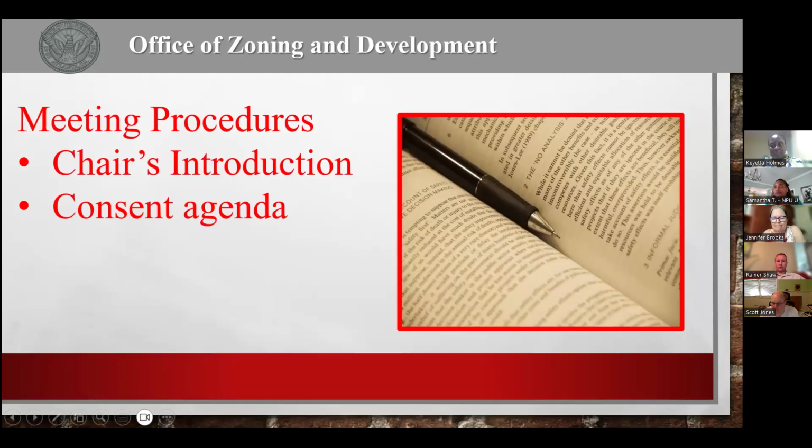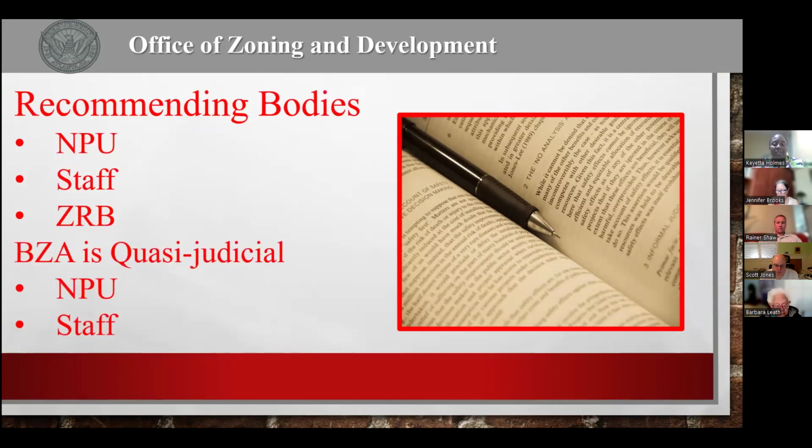Okay. First thing we're going to talk about is meeting procedures. In the Office of Zoning and Development, there are 3 meetings that occur on a monthly basis. One being the meeting held for the Zoning Review Board, the second for the Board of Zoning Adjustment, and the third for special administrative permits. In each one of those settings,